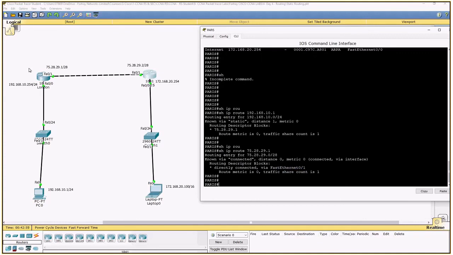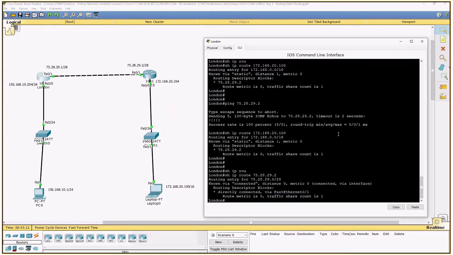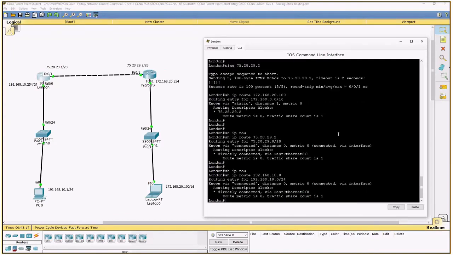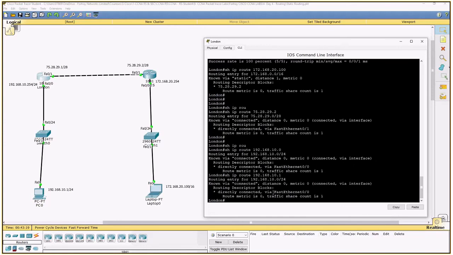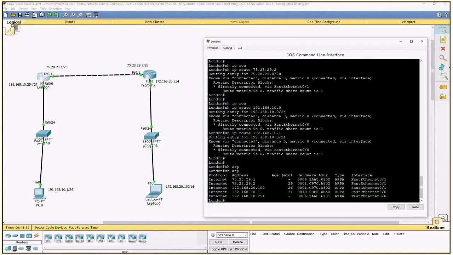He sends it to the London side. So right now it's going to London from Paris, this machine to London. He does the lookup, reaching the router. Now what is the router doing? Again, this router will find out where network 117 is, and it is found connecting to 00, directly connected. If he's directly connected to the LAN, he will look for the IP and the MAC because he needs to communicate. He does show IP, show ARP, and I can find out 10.100, 20.100 has this MAC address.